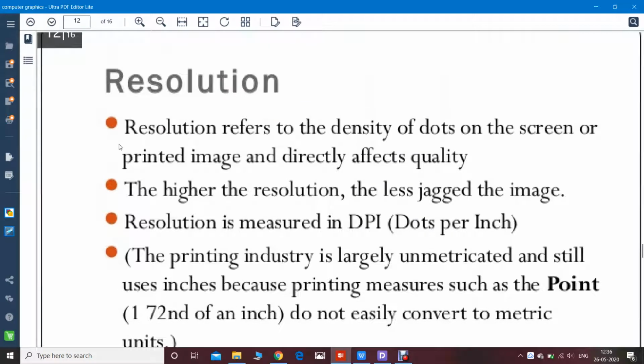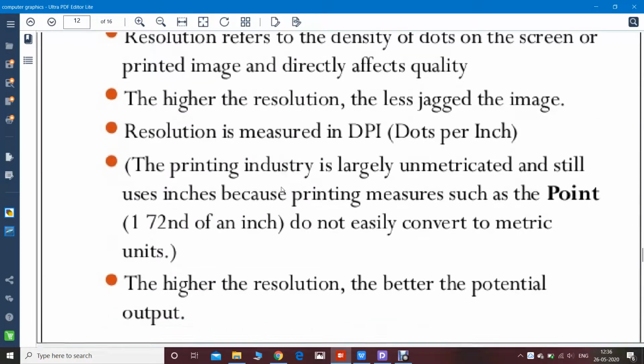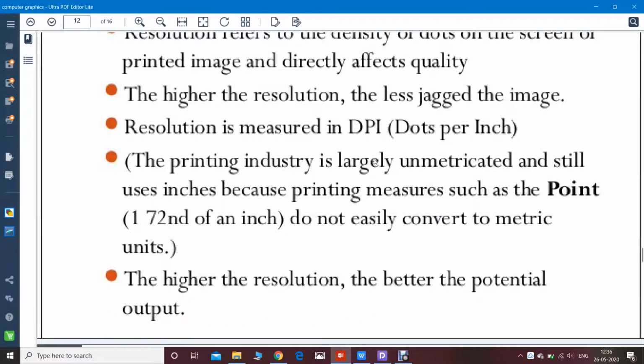Resolution. What is resolution? Resolution refers to the density of dots on the screen or printed image and directly affects quality. The higher the resolution, the less jagged the image. Resolution is measured in dpi, dots per inch.